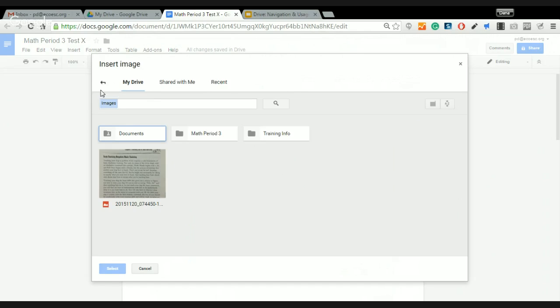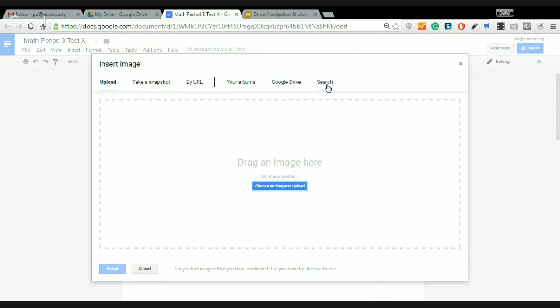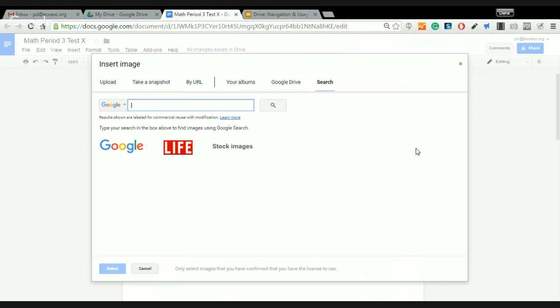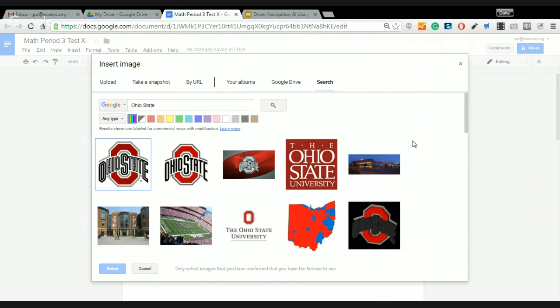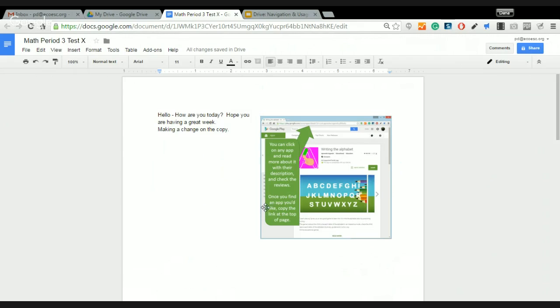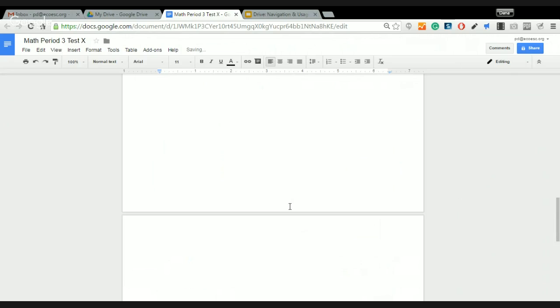You're shared with me in recent. You can find those there. And then search. Let's say maybe you're wanting to upload a picture of something from the web, but you didn't go to the web yet to search for it. Search is already built in to your actual Google Doc. So I'm going to type in Ohio State, and we'll see what pops up here. All right, so maybe I want to use this logo right here. And so I just need to check on it and click Select, and it's going to insert that into my